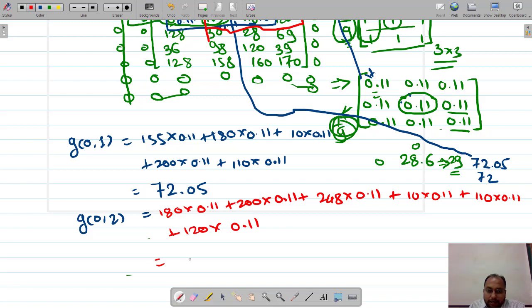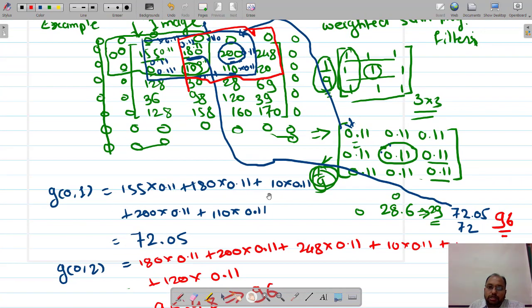Okay, so the value for that 200 is resulting as 95.48, and if I round it off to the next digit, let us say it is 96, then the next pixel value will have 96 as a new pixel information. So this 200 pixel has been converted to 96. So this is my pixel intensity for this 200 after performing the filtering operation.